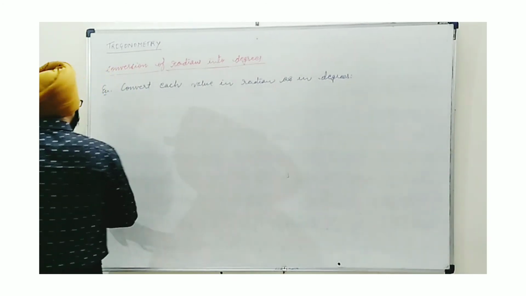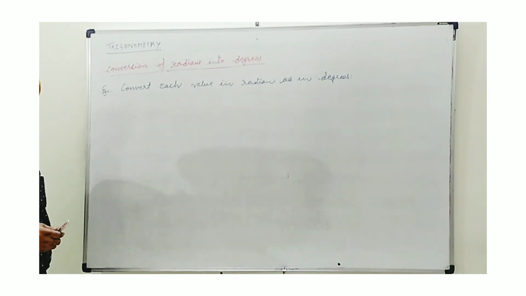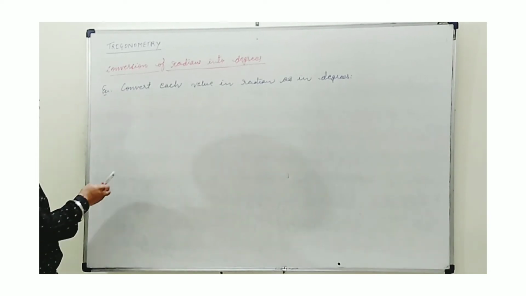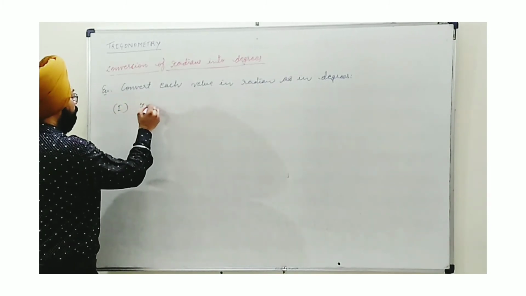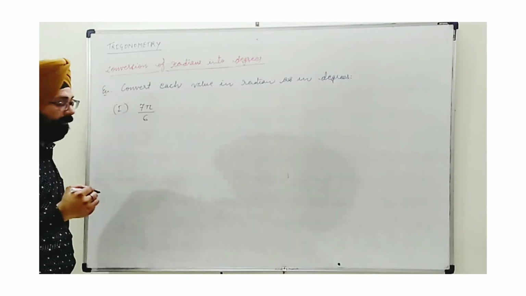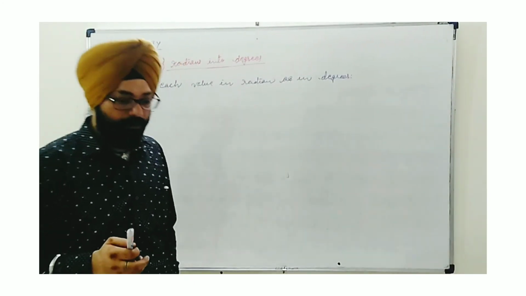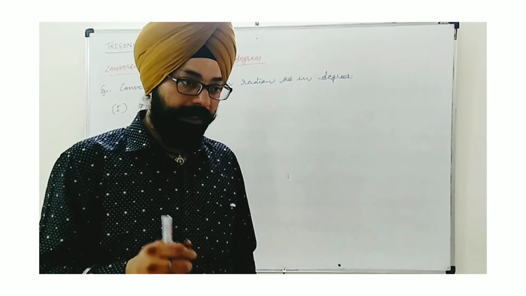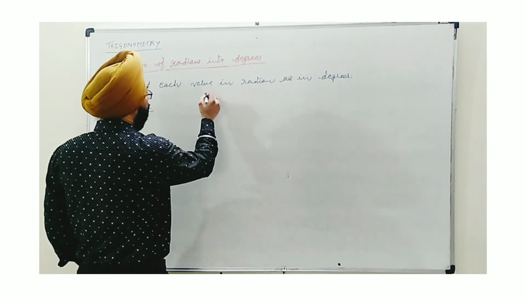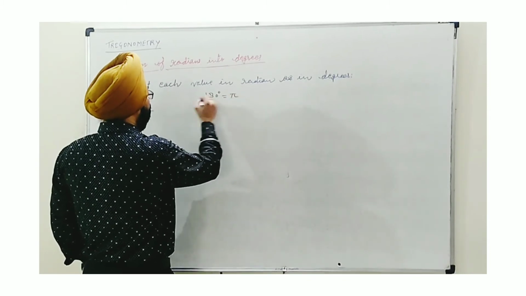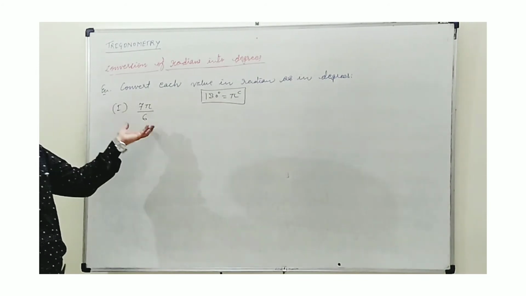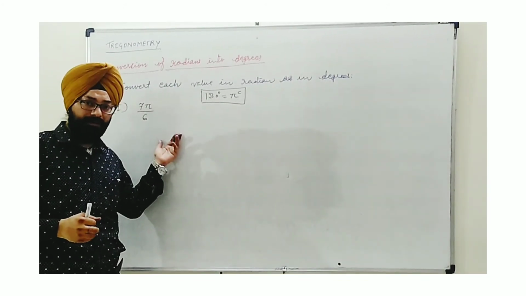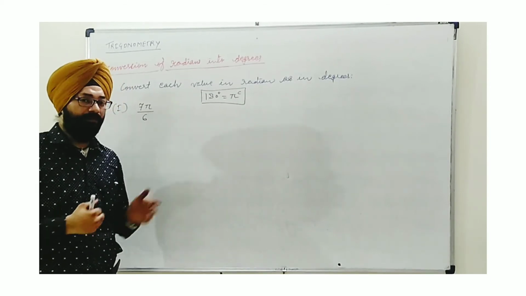Here, our purpose is to convert the given value in radian in degrees. We will think of some easy examples first. Suppose I take here 7 pi by 6. Do not forget, whenever you are given a value in radian in terms of pi mainly, then we will again use this relation 180 degree as pi radian. But I consider whenever the radian value is given in terms of pi, this is convenient for all.